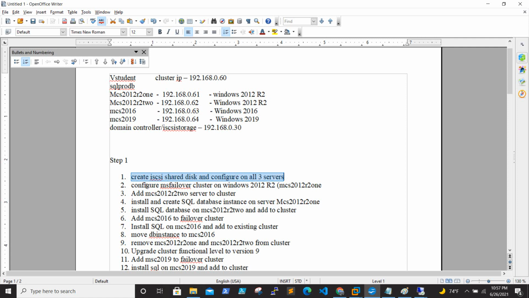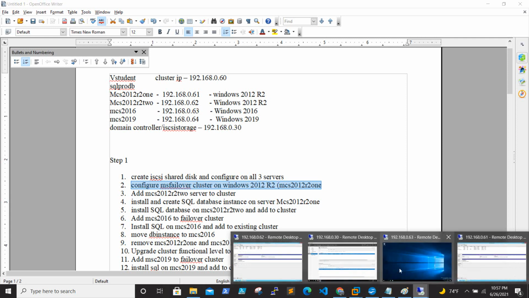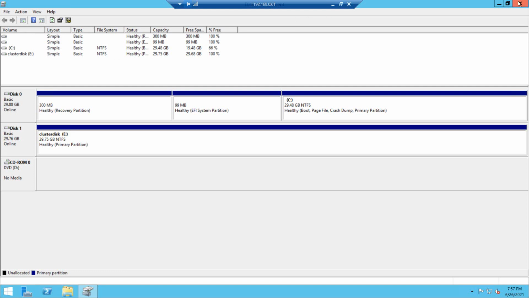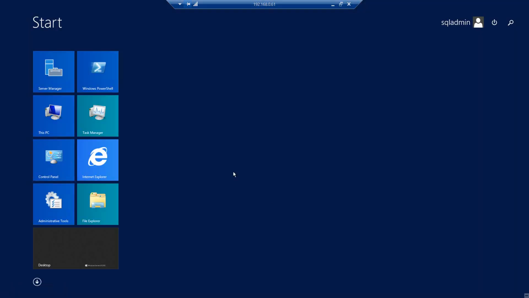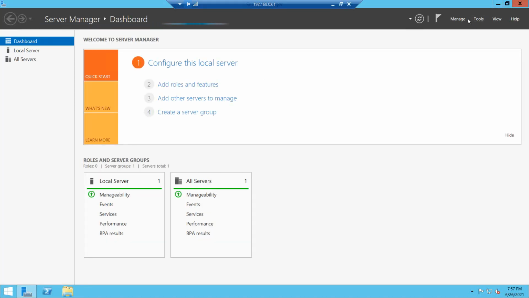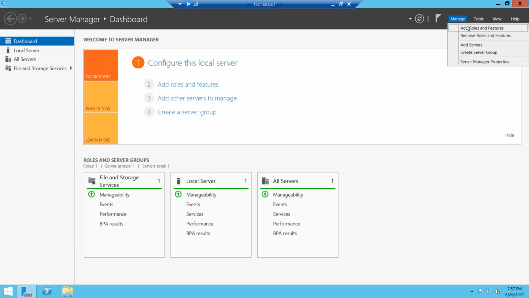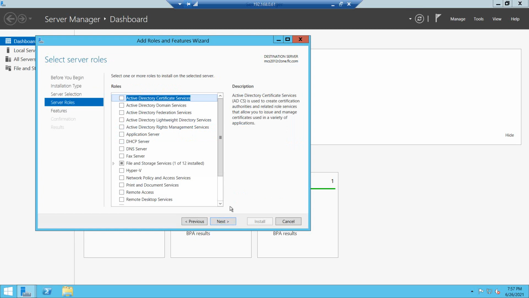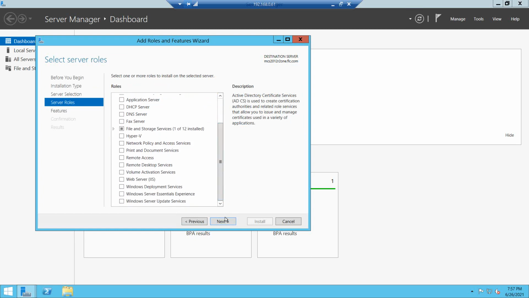Now we'll configure the MS cluster on server 1, that is 61. For this, go to Server Manager, add role, click next, then next, click next.